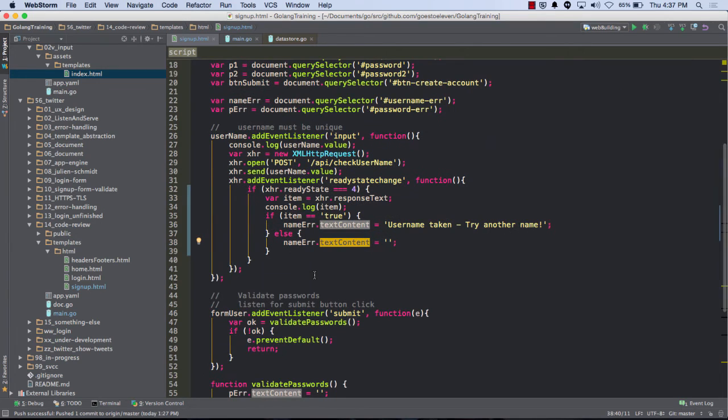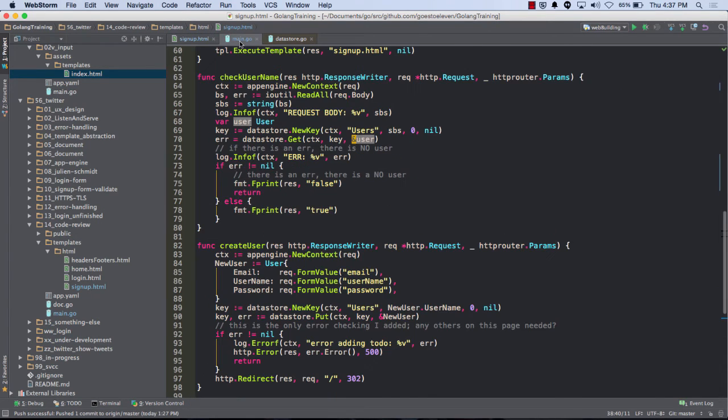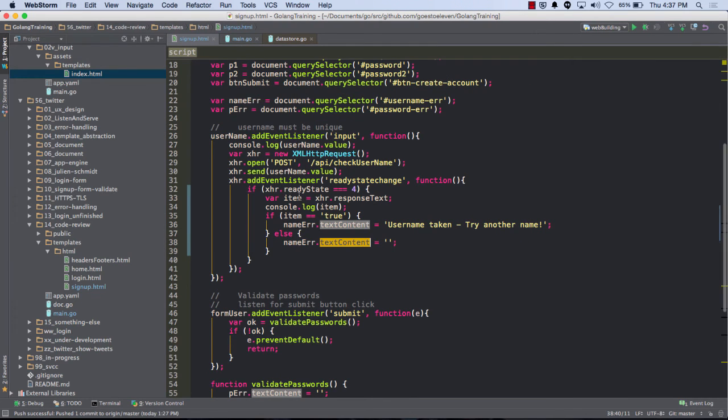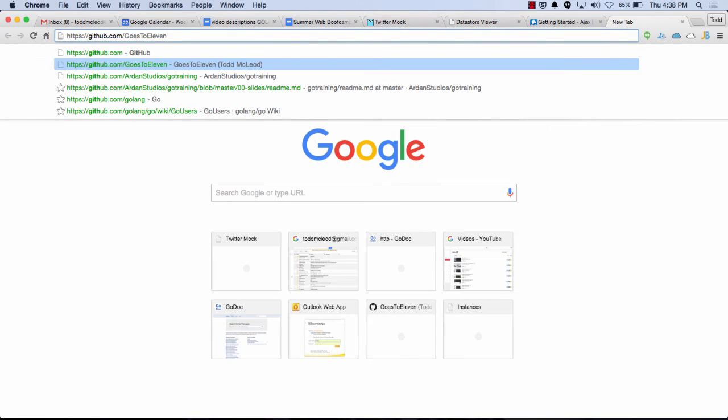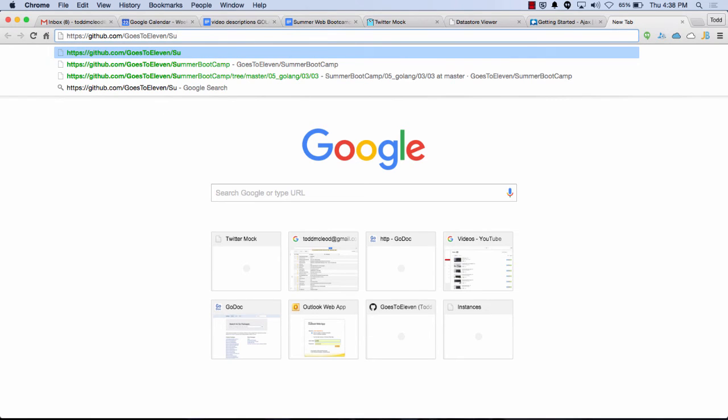Awesome, huh? So that's that little part with Ajax. Not too bad. You now have the code. You could take that code and use it. How do I use it? When I was wondering how to do this, I went back and looked at Summer Web Bootcamp.